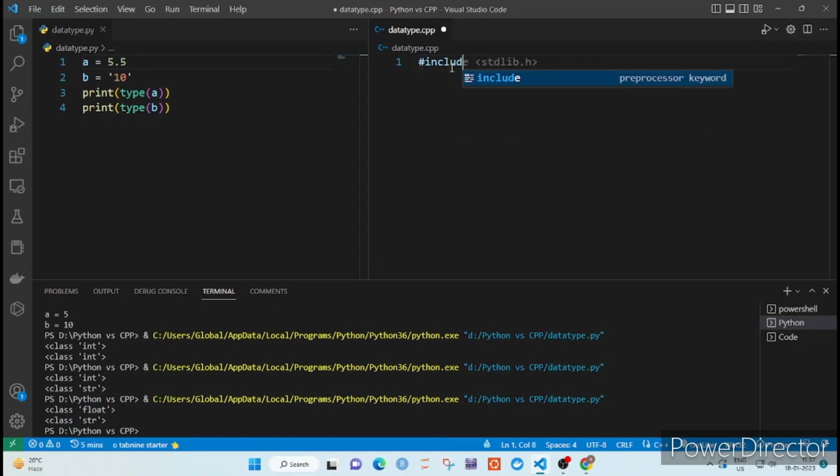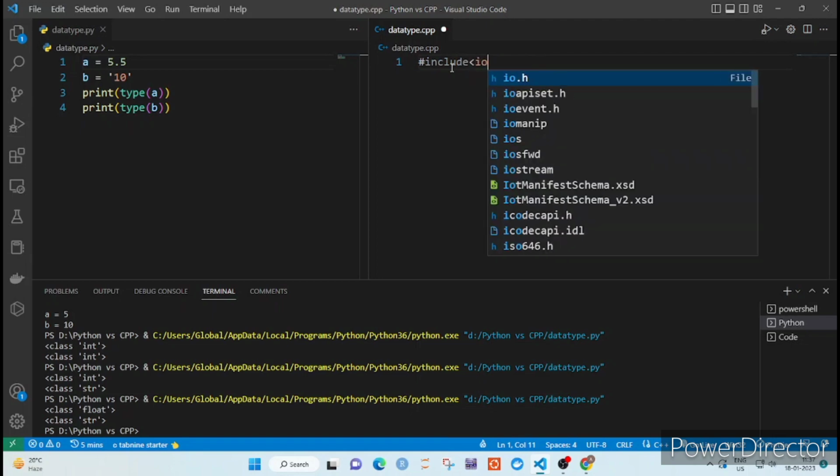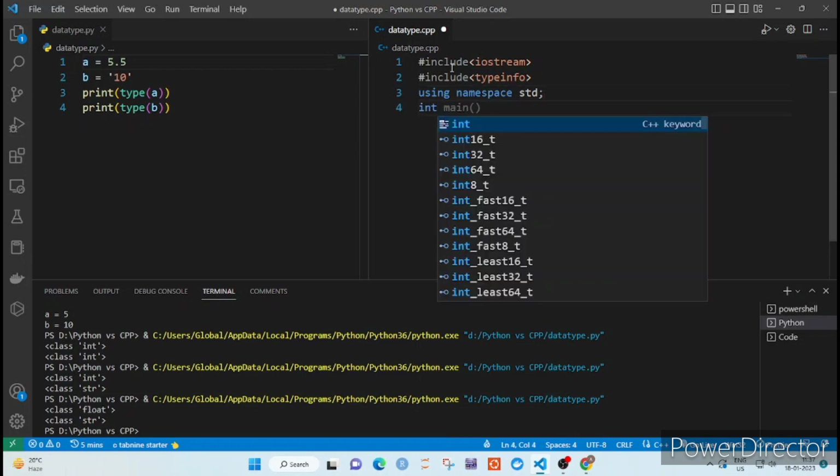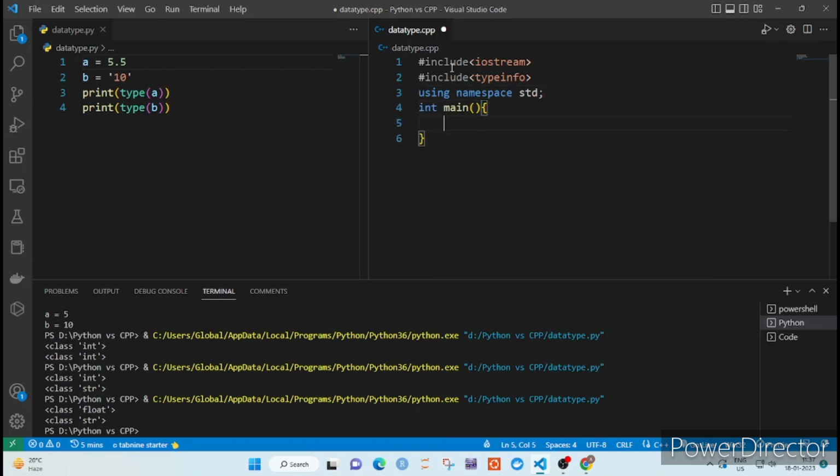Now let's try to see it in C++. So first we have to include the library iostream. Now in C++ we have a function called typeid, and to use this you have to include the typeinfo library. So I'll write hash include typeinfo. Then you have to use the using namespace std, and then in C++ everything has to be within the main